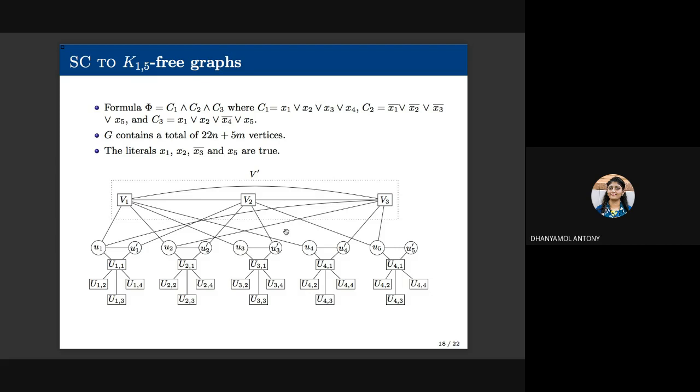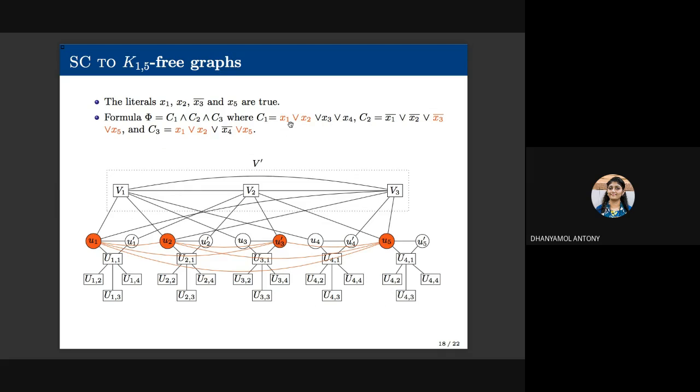makes the formula satisfiable. For example, consider this formula. The literals x1, x2, x3 complement, and x5 are assigned to true. Thus, this formula is satisfiable because at least 2 literals per clause are true. Now, putting the corresponding literal vertices into the solution and taking the complement of this set of vertices results in this graph, and it is K15-free because at least 2 literal vertices corresponding to a K15 are in